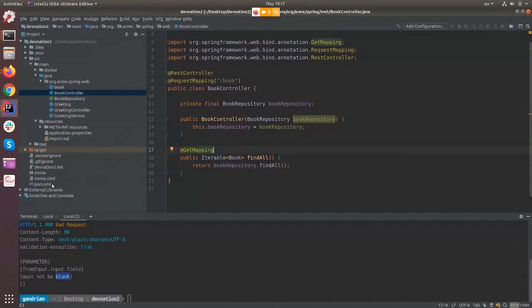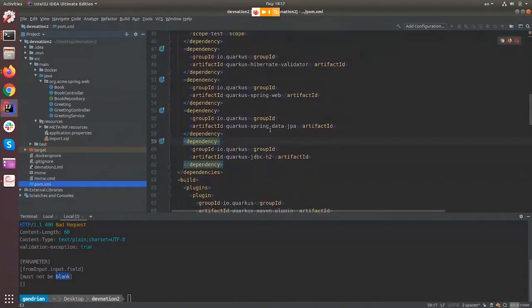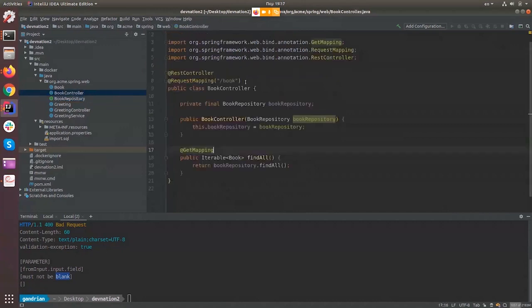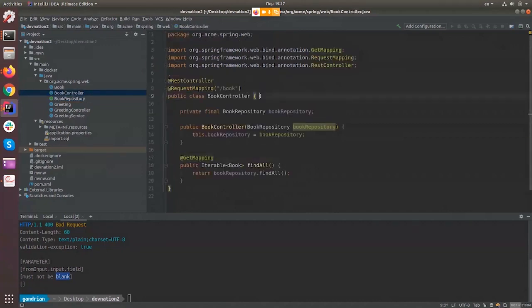So let's reflect on this part a bit, right? You saw that I never restarted Quarkus. All I did was just add a few dependencies, write my code, and I immediately got access to the database. Like, this was so easy. It took me like 5 minutes, maybe 10 minutes, to write something that utilizes APIs that I already know,